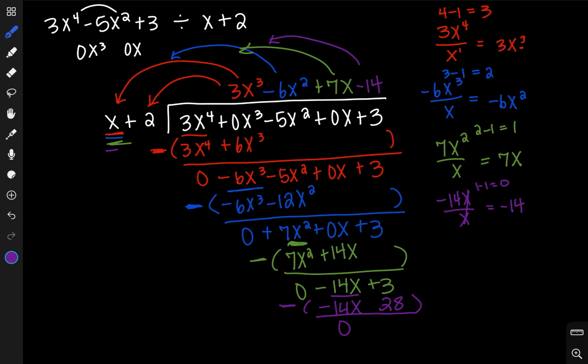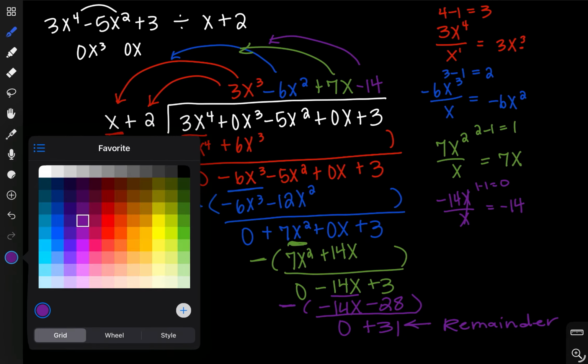Because negative 14 times positive 2 is negative 28, oops. So 3 plus 28 is 31. And we can't divide 31 by x, so we know that we're done. And this will be our remainder. Okay, and now to format this,